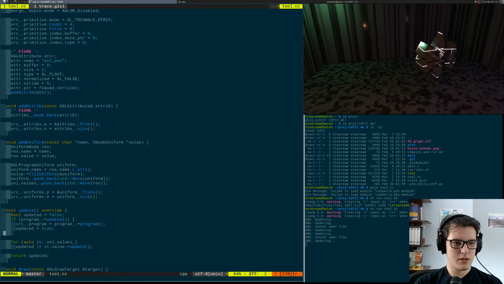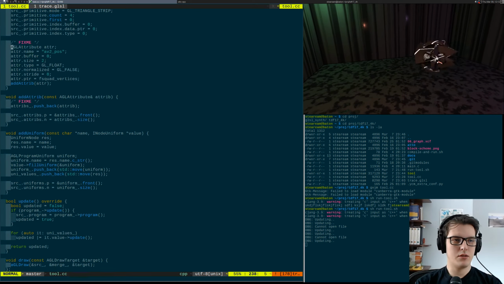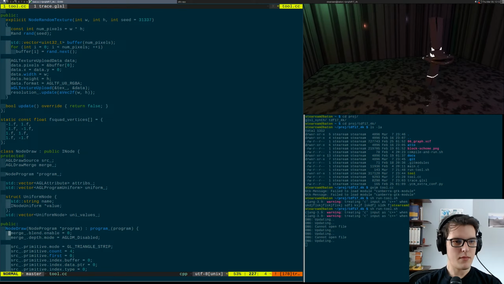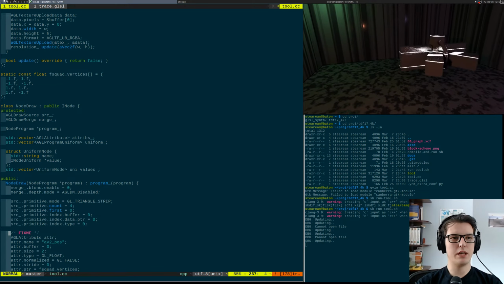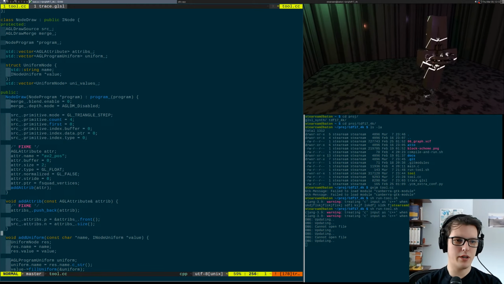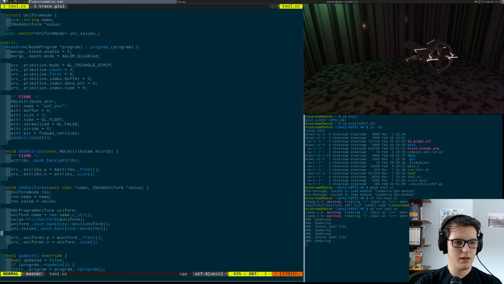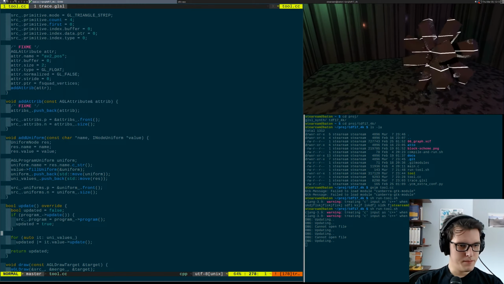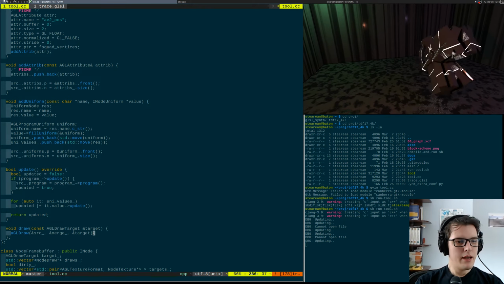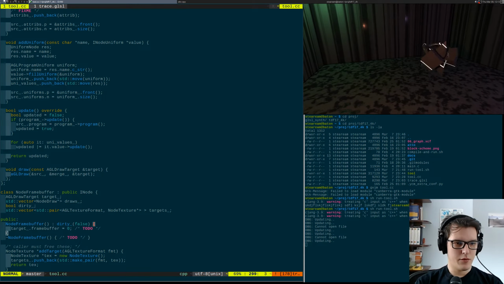draw something into a frame buffer, but it doesn't actually know a thing about where it's drawing. It's fed targets here. And there's a frame buffer node that we